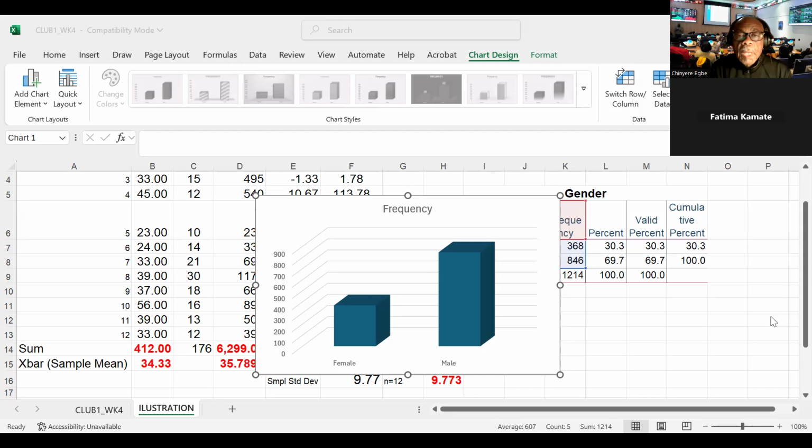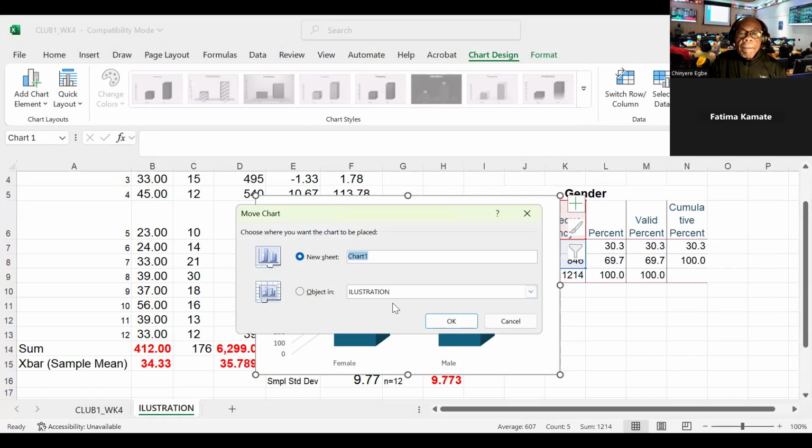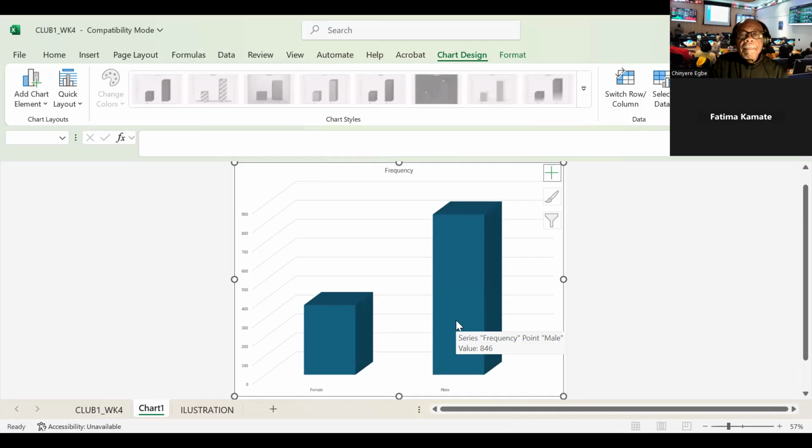Okay, so I'm going to stop it here, and next week I'm going to spend time on SPSS and how to do the homework assignments that you have. All right, I'm going to move this chart to a different sheet, and I hope you can see it. So it's in a different sheet now. Do you see the different sheet? Yes, I can see it. Okay. So you can now go and label it and do whatever you have to do. All right. So I'm going to hold it here, and thank you for bringing up whether this is posted or not, because I will definitely post it.